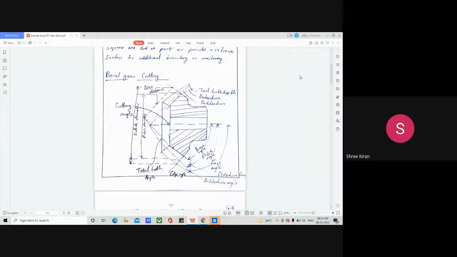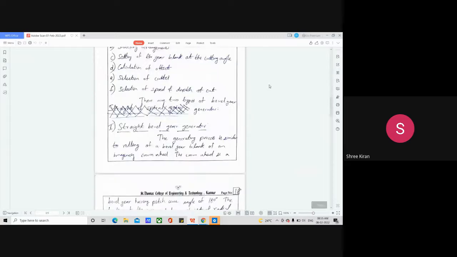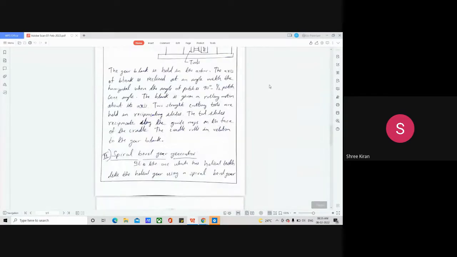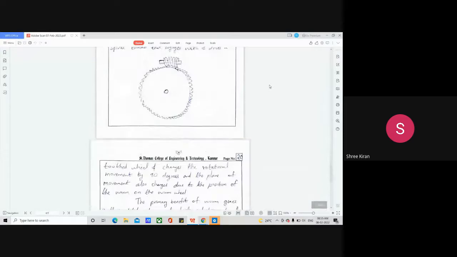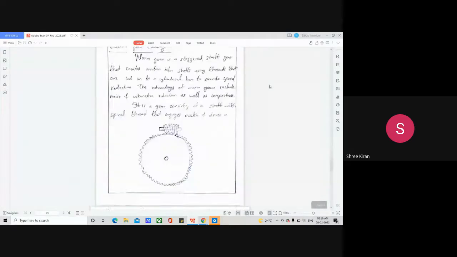Today we are talking about the problems and about the no-go gate and the go gate. Today we are going to start with the gear finishing operation, that's the bevel gear milling process, and then the worm gear. I hope you remember, we have already taken the class on the bevel gear milling process, then the spiral wheel generator, then worm gear milling. These are the topics which we are going to discuss today.